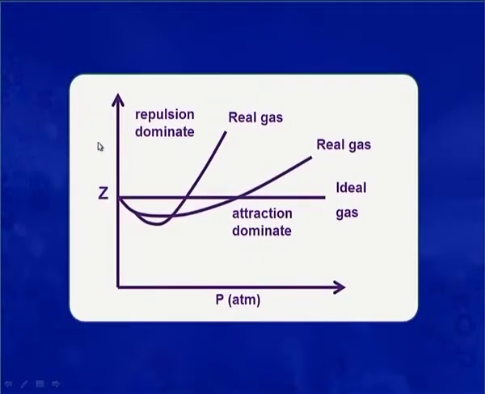So, I told you that this is the graph, and in this portion where the value of Z is less, there is a dip. At moderate pressure, attraction dominates, while when the pressure is high, in that case repulsion dominates here. Some gases show exceptional behavior, those are hydrogen and helium. The molecules of these gases are of very small sizes, and consequently the force of attraction between the molecules is always negligible. So, that is why they show ideal character.